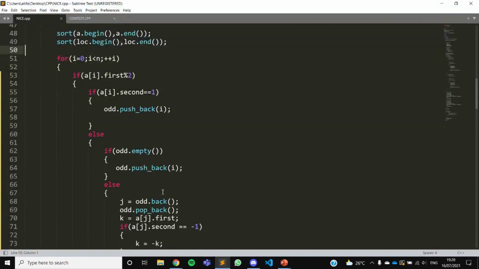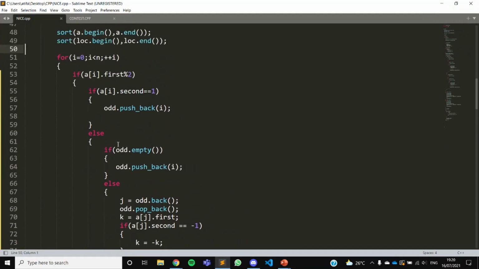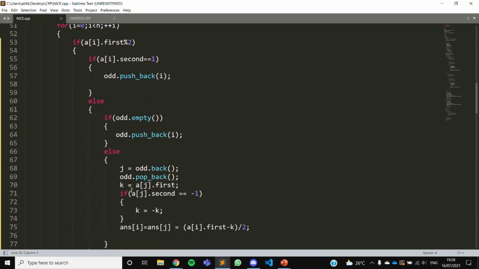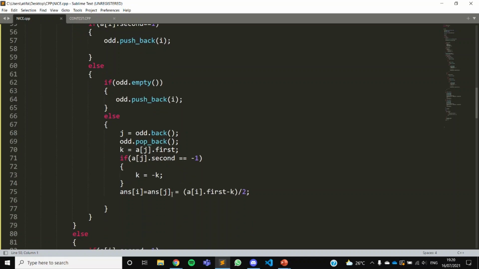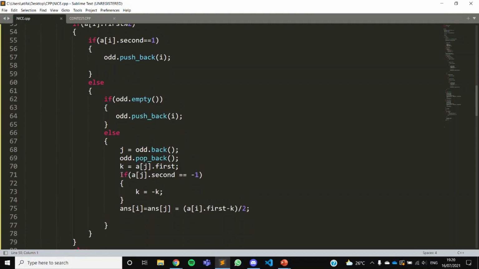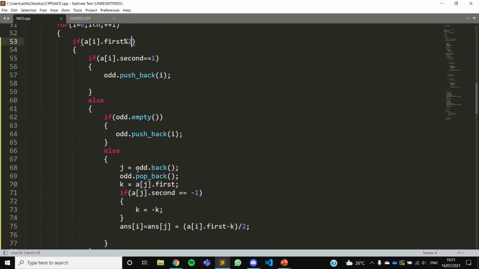So what we are doing is, if there is a robot present in the odd array initially, and the robot is approaching towards the right, then the left and right robots will collide in between those two. And if the robot is moving towards the left, first it will collide with the wall at 0, and then it will reflect and come back and hit the current position we are concerned about.